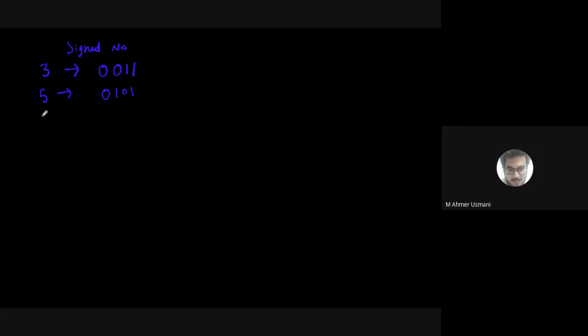If I want to represent 7, I can write 111, but 111 is a negative number, so I need to add 0 to it. Now it has become +7. Is this clear? If I want to write 9, it can be written as 1001. But since MSB is 1, the number is negative, so I need to add an extra 0 to it. Now the number has become positive. यहाँ तक clear है?